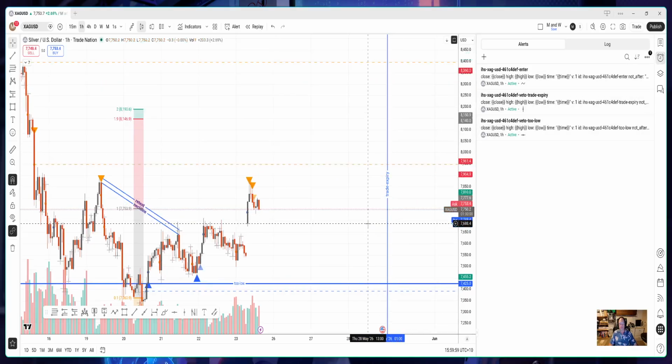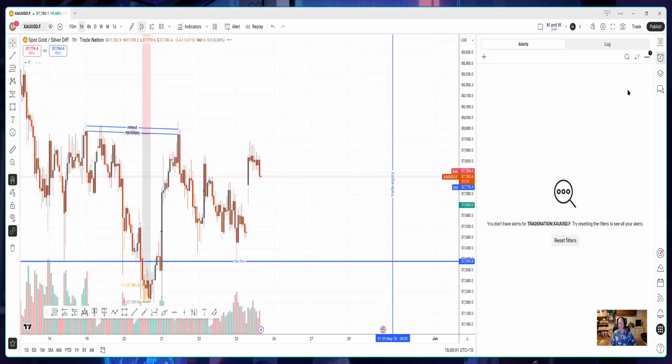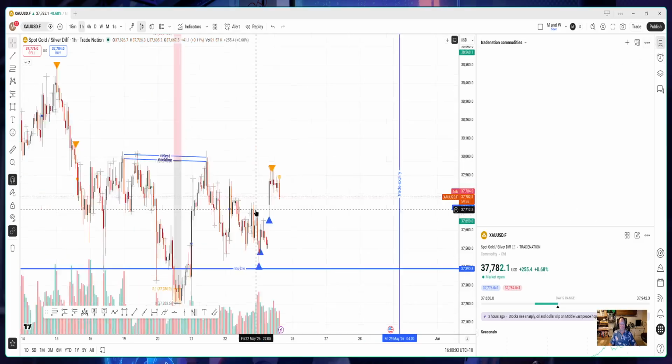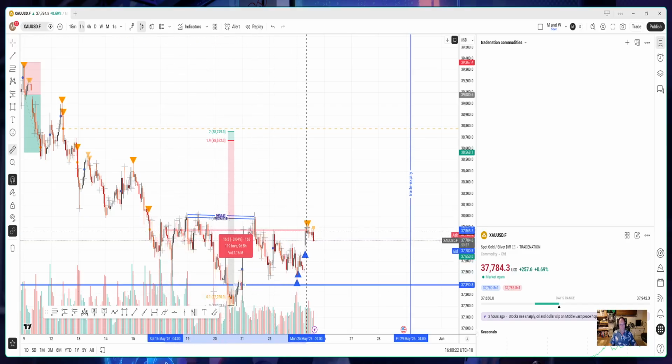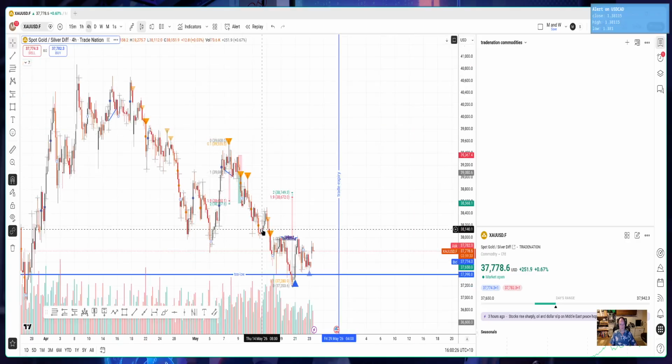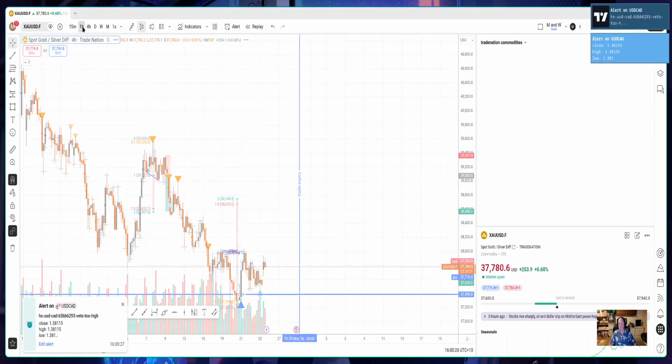So this is the test. If I can make money on the demo account, then I can go in with some big money on the big account. So that has not had a close retest. This is gold silver difference, but it's still a valid trade. I mean, maybe it's going to become a 4-hour trade, but if it goes up to 180 bars, it's going to be